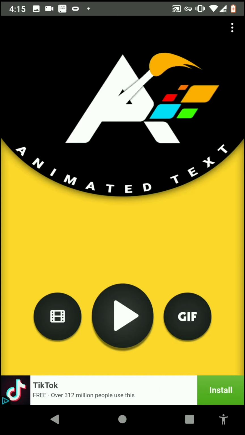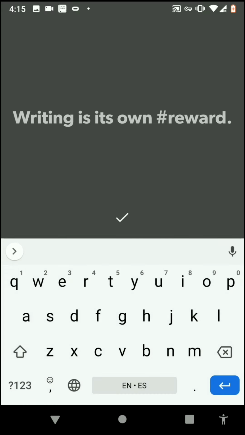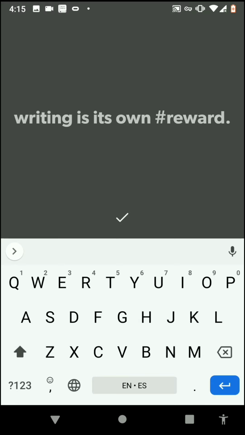The very first thing you want to do is just click the big play button in the middle there, and it calls up a text entry screen. You can type in whatever you want. In this case, I want to pose a question to my followers on social media, and so I'm going to type that in here. I'm going to ask them,